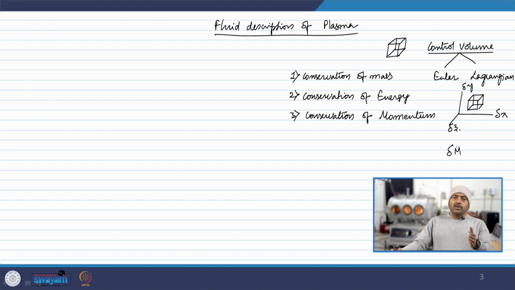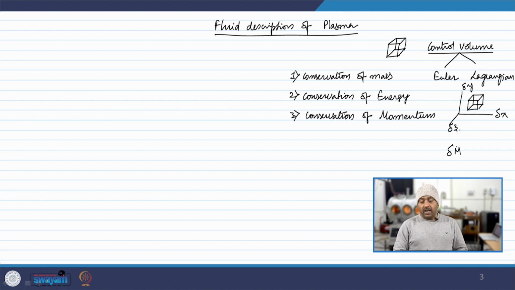So, the basic difference is that the Eulerian control volume is fixed with respect to the coordinate system, and you expect the entire fluid to go through it, and you calculate the budget. And in the Lagrangian control volume, you identify a small mass of particles and name it delta m, and you say that this mass is going from one point to another point. Okay, so this is the basic idea, right.